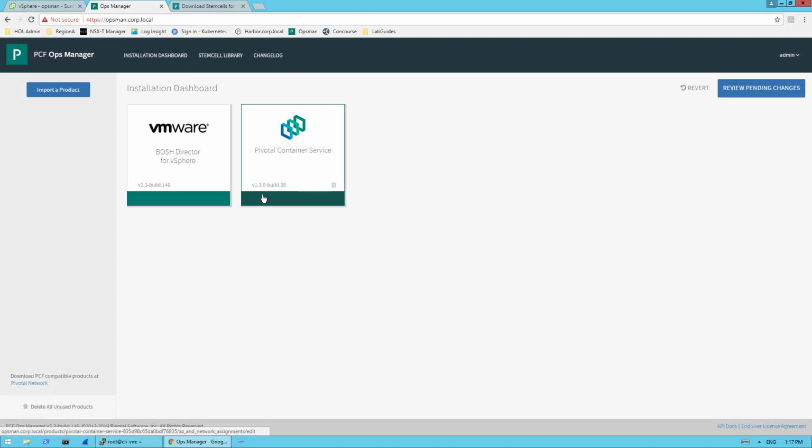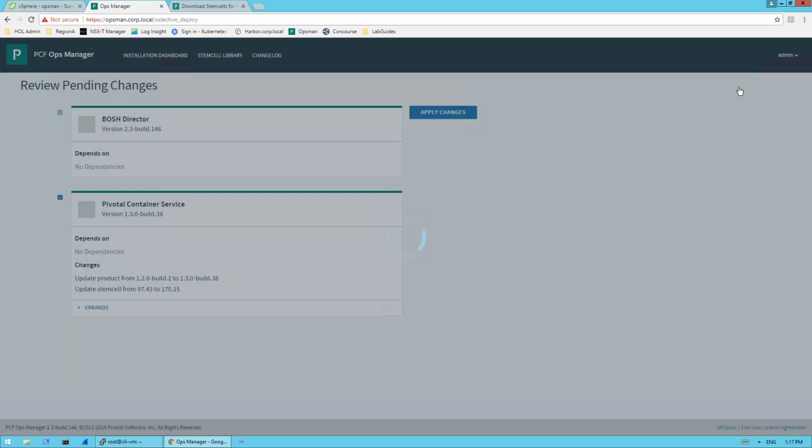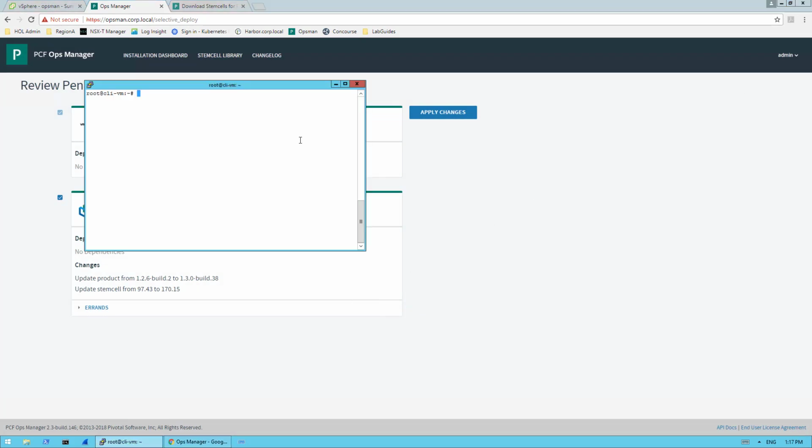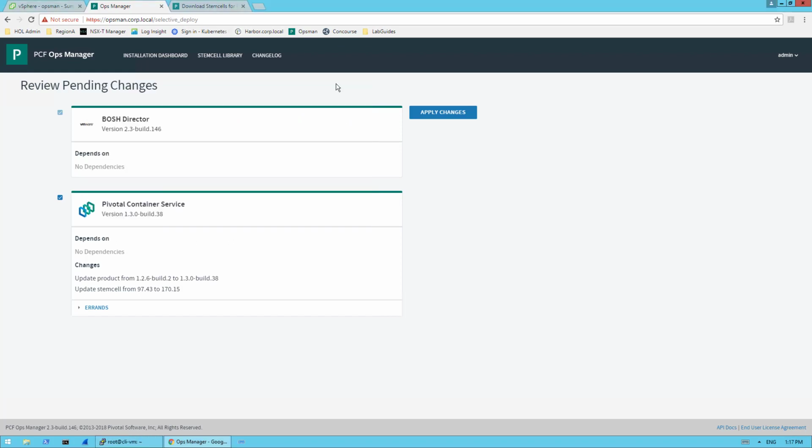We'll click on review pending changes, but before we apply them, let's take a quick look at our Kubernetes cluster version that we're running at right now, so that once we're done upgrading, we'll see that we have gone to a new version of Kubernetes. So right now at 1.11.4. And we're on 1.2.6 PKS going to